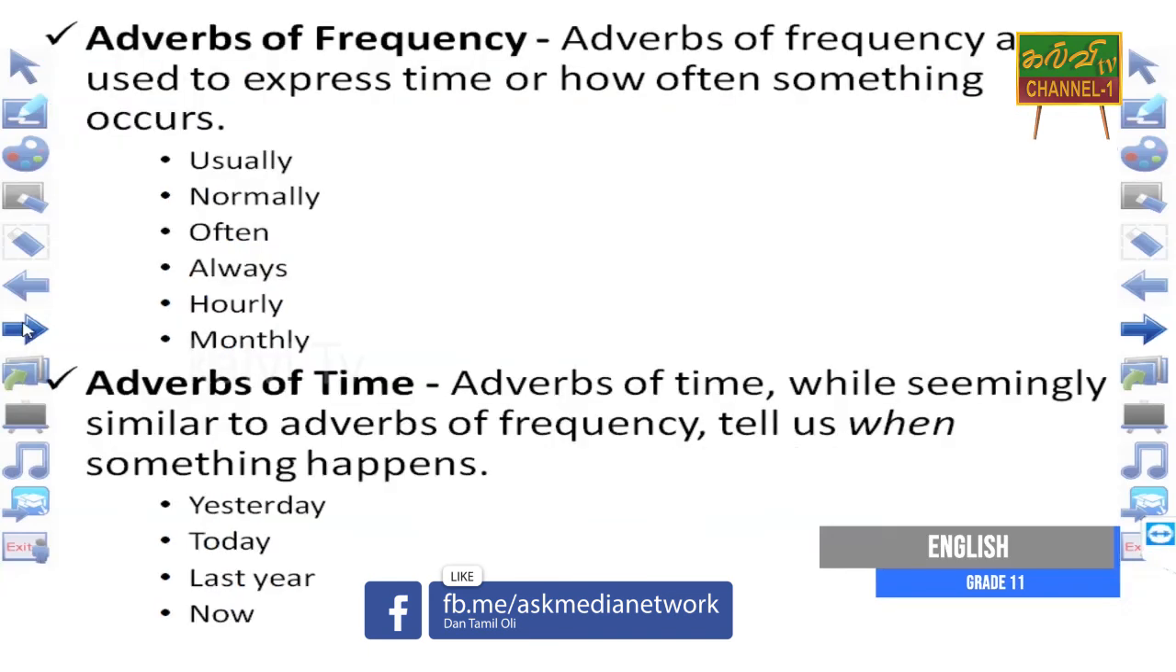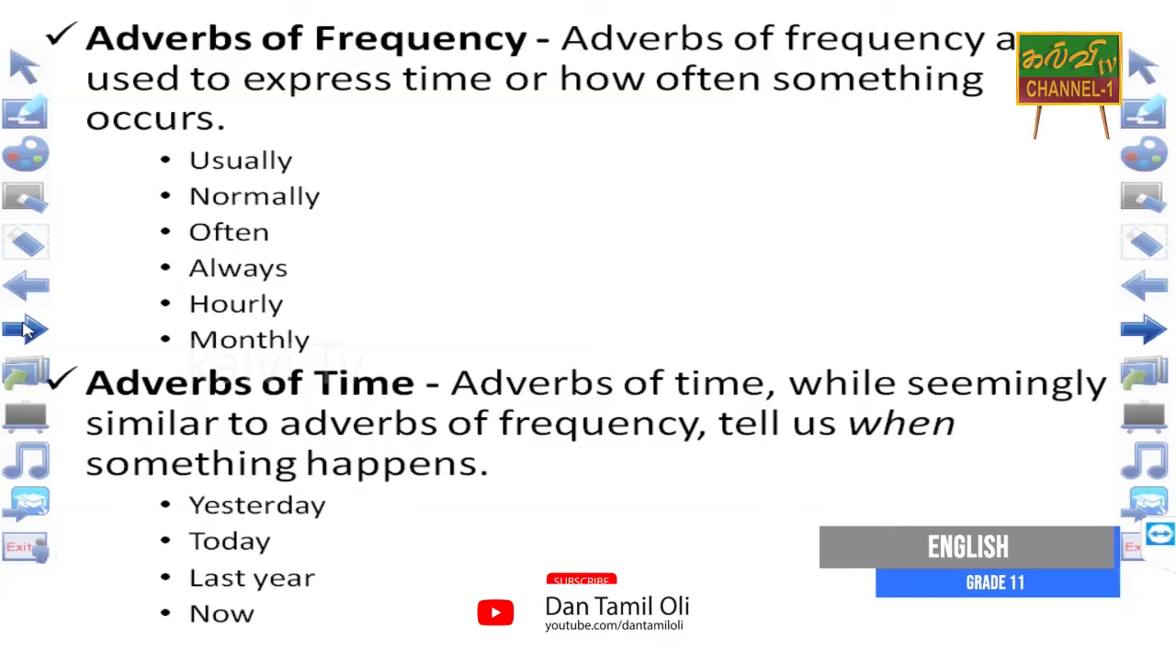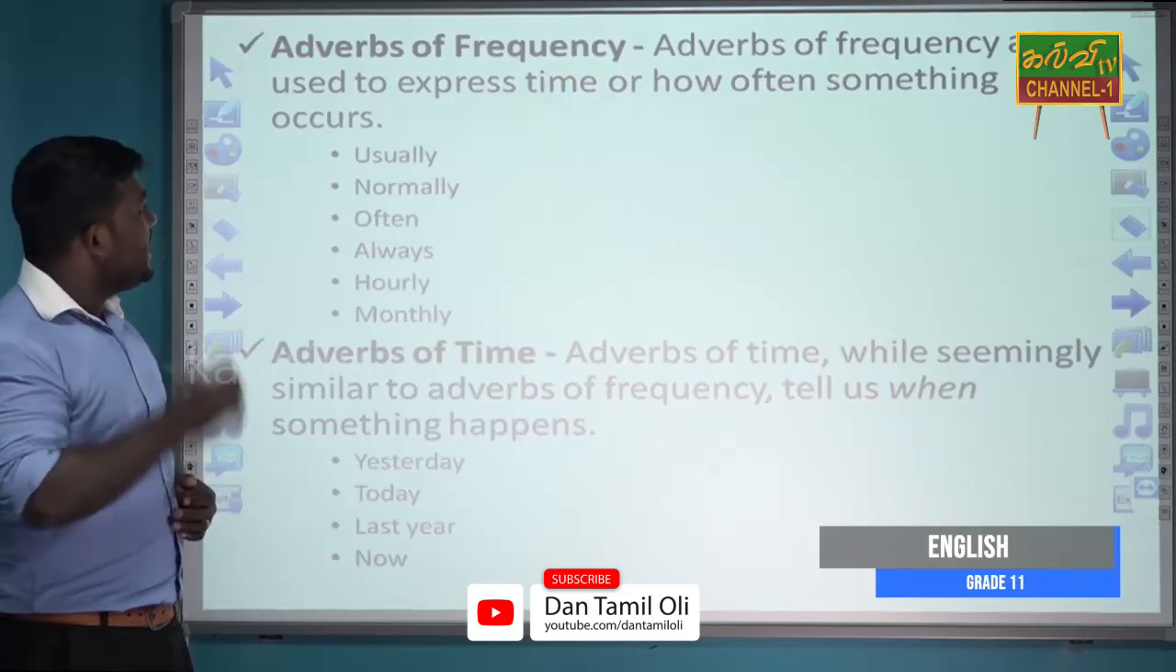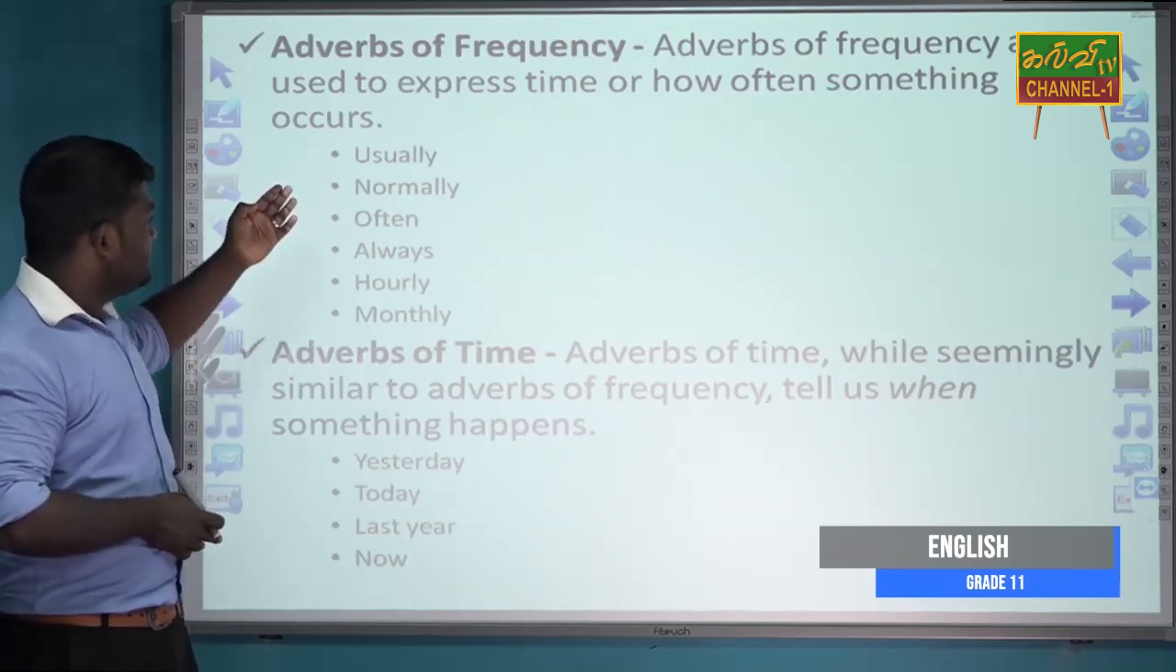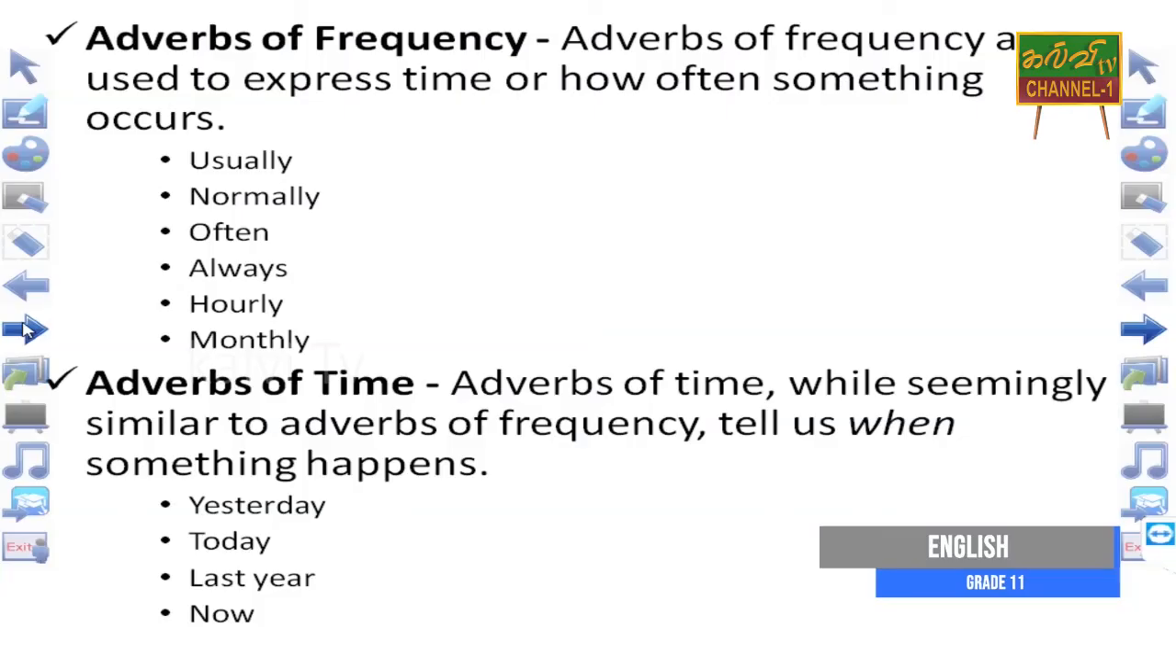And if you look at the adverbs of frequency, adverbs of frequency are used to express time or how often something occurs. Look at the examples. Usually, normally, often, always, hourly, monthly are examples for adverbs of frequency. And adverbs of time, while seemingly similar to the adverbs of frequency, tell us when something happens. Yesterday, today, last year. Now, these are some examples for adverbs of time. So, now we studied about